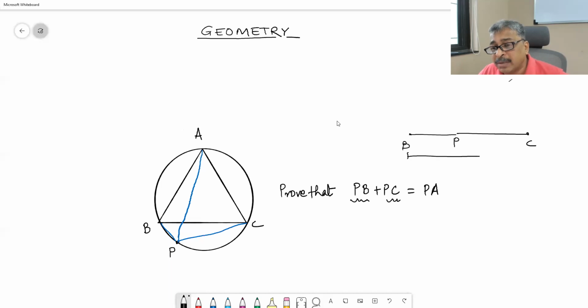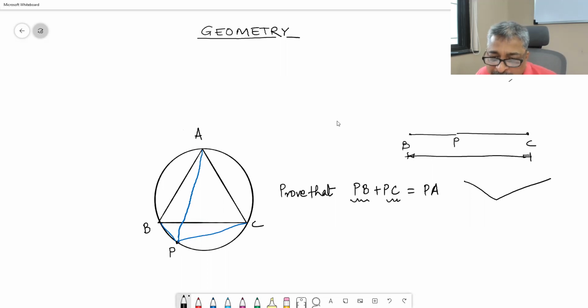When they are collinear segments, it is easy to add. If they are like this, how do you add? Difficult. Therefore, we should construct a segment by which you should be able to add